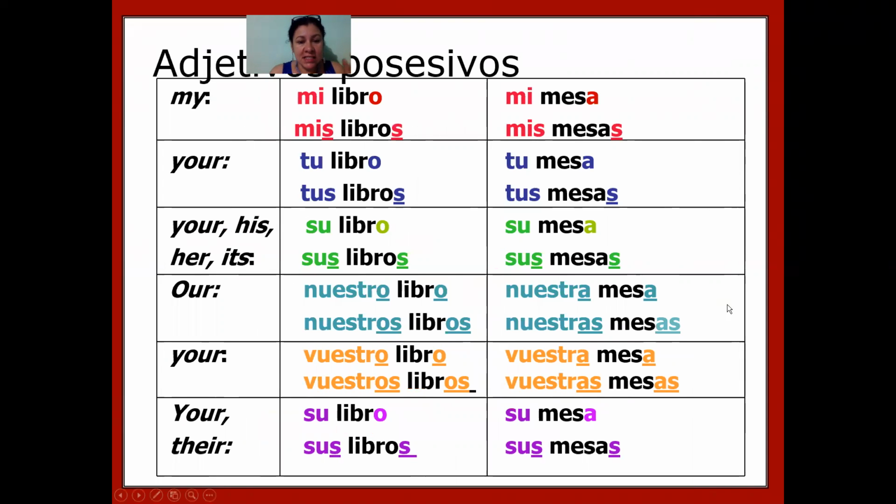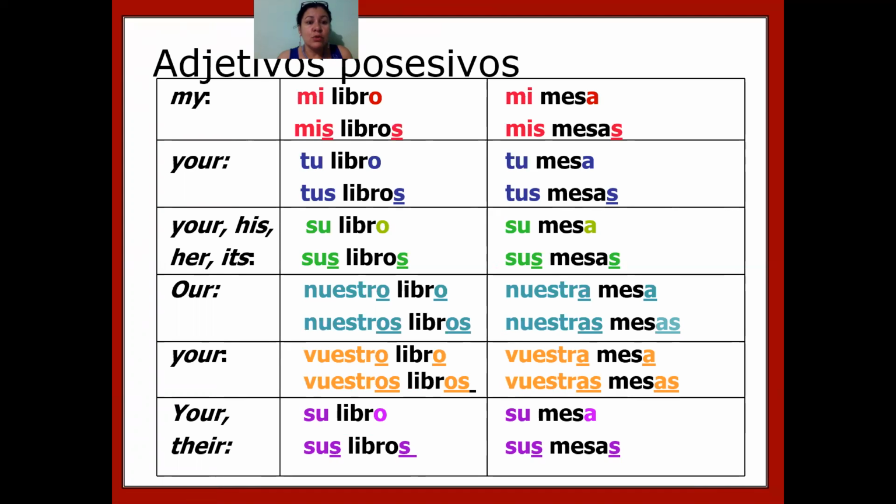You notice these are all of them. A few things to mention. You notice that we have 2 versions of some and 4 versions of others. Here we have 4 versions. Here we have 2 versions. Mi libro, mi mesa, mis libros, plural nouns, mis mesas, plural nouns. Tu libro, singular noun, tu mesa, singular noun, tus libros, plural nouns, tus mesas, plural nouns. Notice that there is no accent in tu, even though the other one is a subject